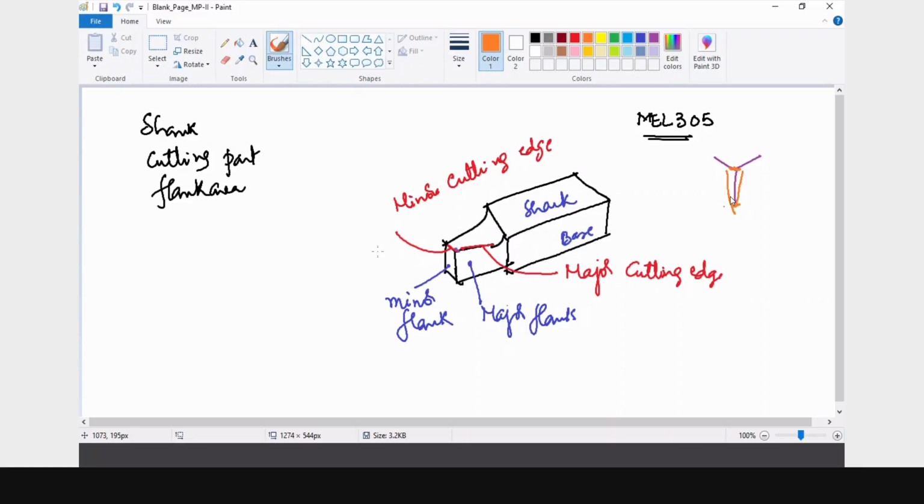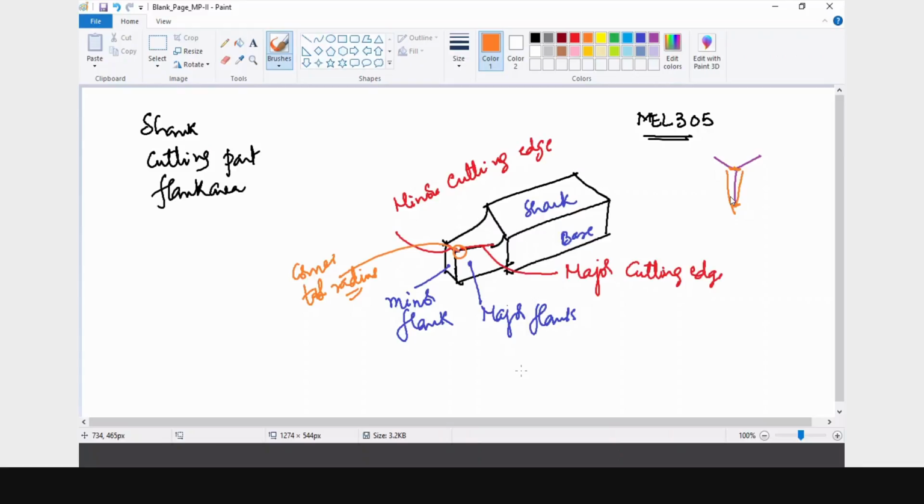This part is the corner, and this corner will be the tool radius. Though you say single point cutting, there will be some amount of roundness in the cutting part actually. So these are the things we have seen.